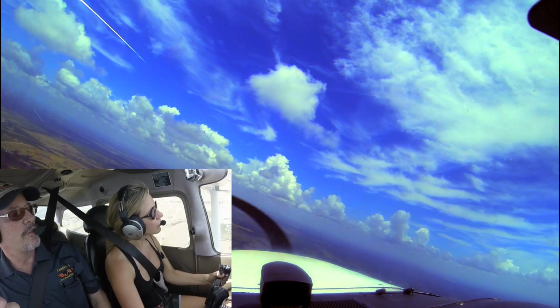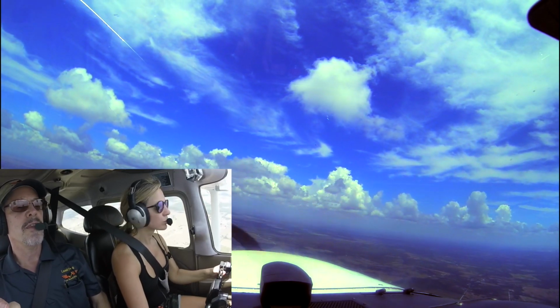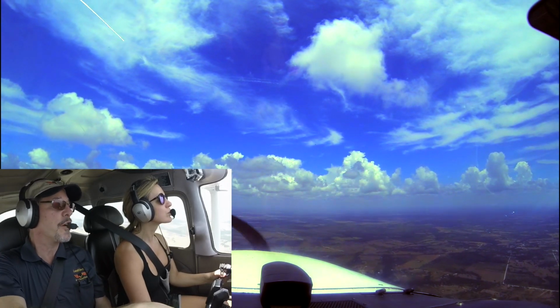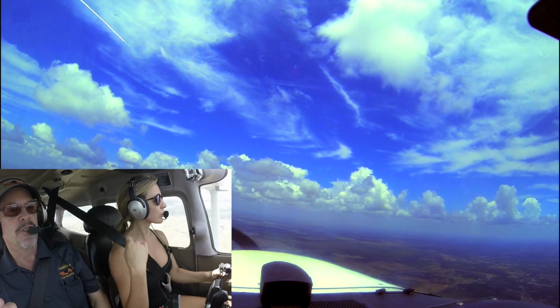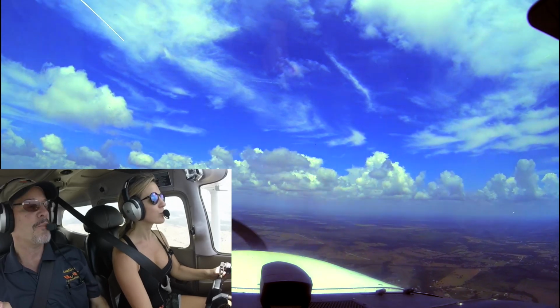And as you're turning, check your altimeter. We're getting a little low, so add a little more power and pitch. Actually, when you turn, the airplane's going to want to descend a little bit because the lift vector is not straight up. Okay, so what we're going to do now is we're going to raise the flaps, but before you do,